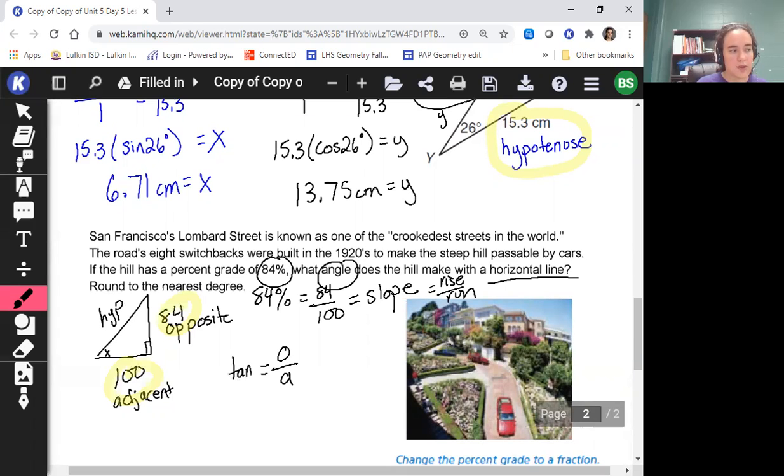Tangent. So we're going to take the tangent inverse because we're looking for an angle of 84 over 100. We're going to take that to our calculator. Tangent inverse of 84 over 100. And that gets us